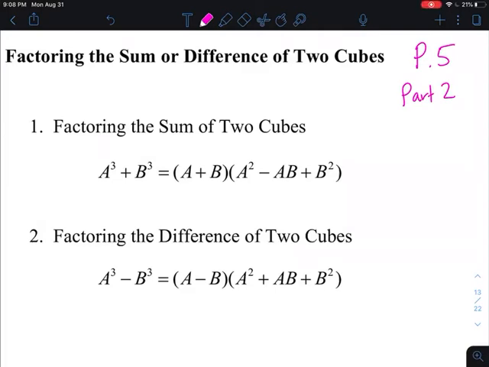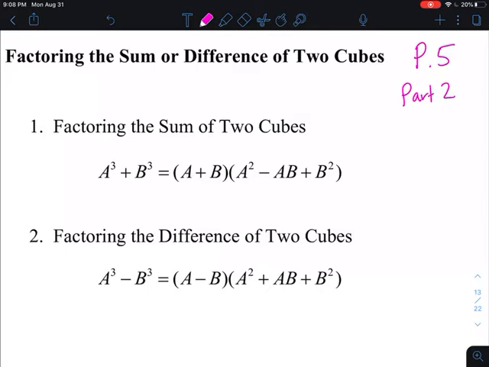Today we're looking at section P5, part 2, or continued, looking at factoring the sum or difference of two cubes. So when you're dealing with cubes, you're dealing with that third power. For number 1, it says factoring the sum of two cubes. If you have something like a cubed plus b cubed, so a number times itself 3 times added